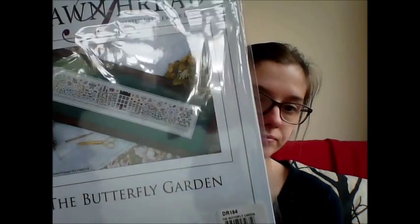I can't remember whether I showed you this. I got a belated birthday present from my sister, and it was the Drawn Thread Butterfly Garden, which I've wanted ever since I saw it stitched up at the Knitting and Stitching show in Harrogate 2014. I think Mrs. Milky Bar Kid showed this before, and it's basically all the flowers are done in different speciality